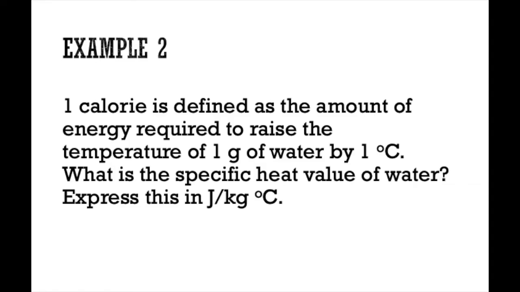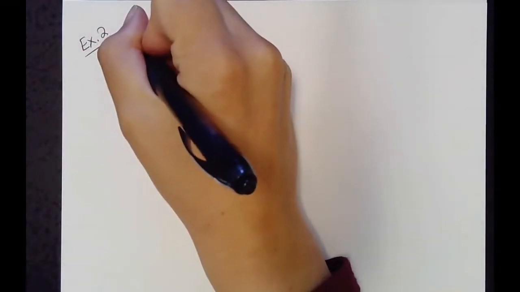Example 2: 1 calorie is defined as the amount of energy required to raise the temperature of 1 gram of water by 1 degree Celsius. What is the specific heat value of water? Express this in joules per kilogram degree Celsius. All right, so we'll look more into what a calorie means in this section. So we're given 1 calorie,